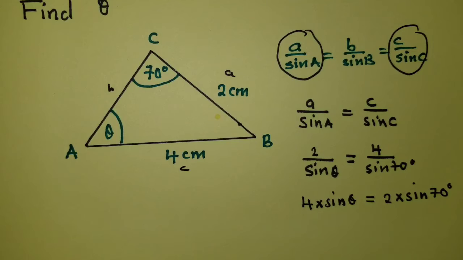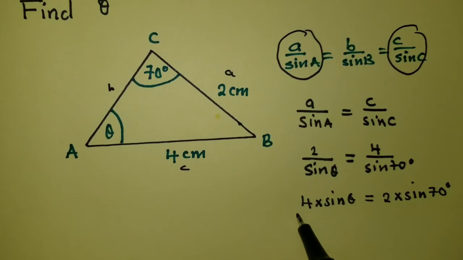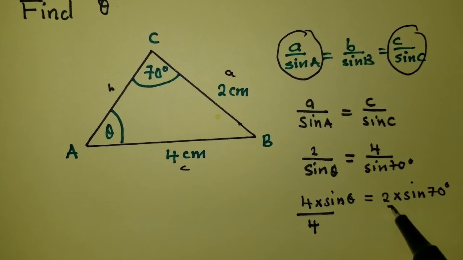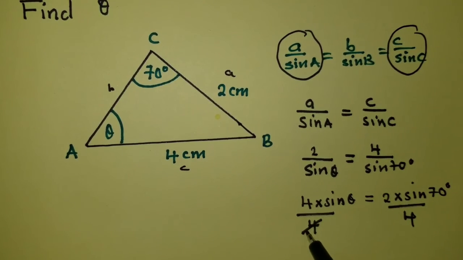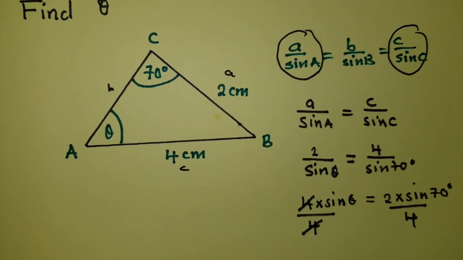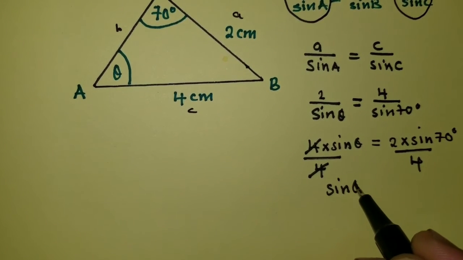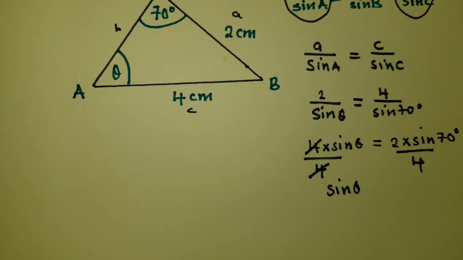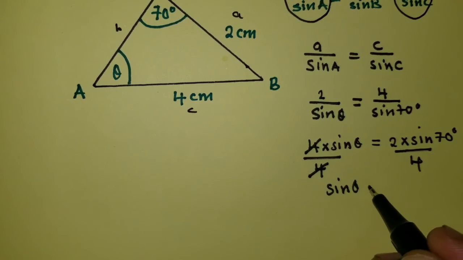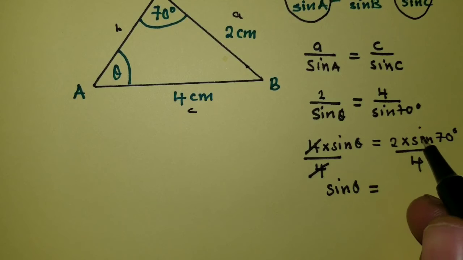So now from this point, we divide by 4, okay? We divide by what? By 4 if you're able to follow nicely all the steps. So we're dividing by 4 throughout. Over 4 over 4. This 4 and the 4 will cancel. We shall remain with sine theta, okay? So we're remaining with sine theta equal to, here when we punch on our calculator,